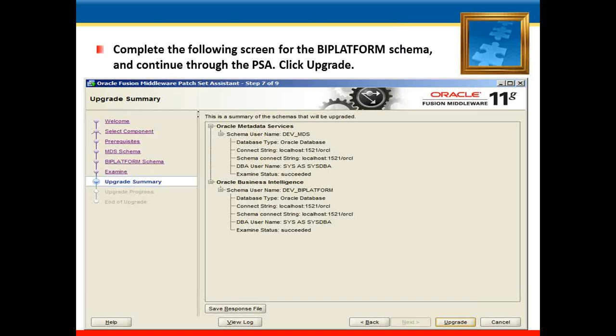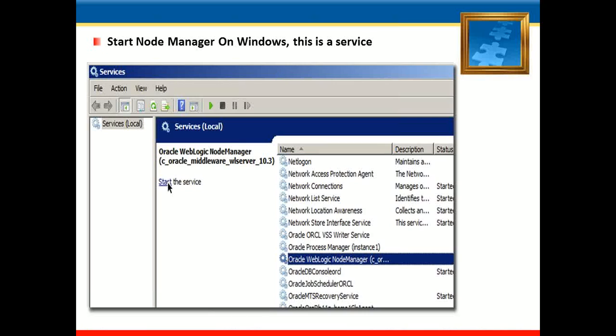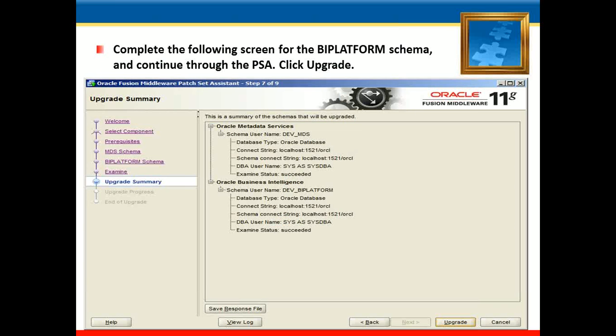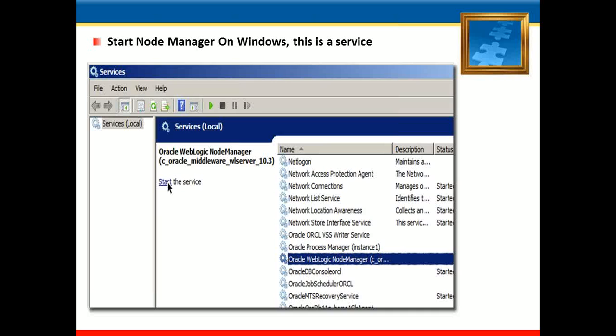Then click on the next button, and on the completion screen we can see the summary of the schemas to be upgraded. Here we can see Oracle Metadata Services and Oracle Business Intelligence on the summary screen. Just hit the upgrade button, and we can upgrade our BI platform and the MDS